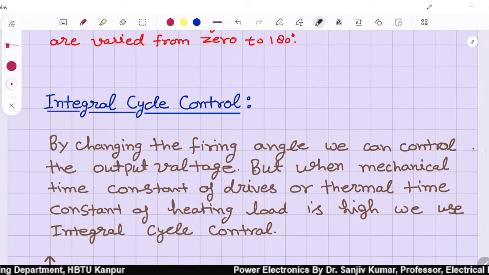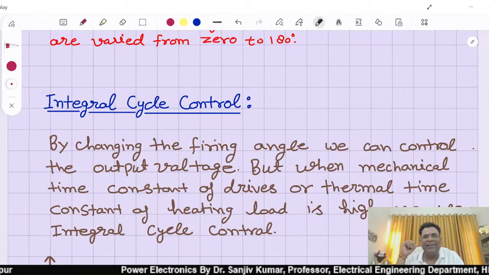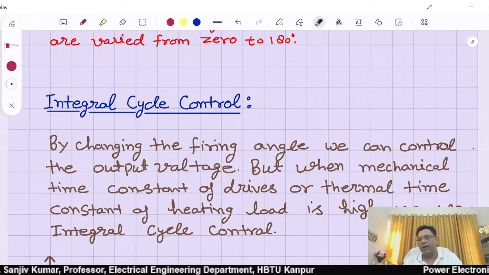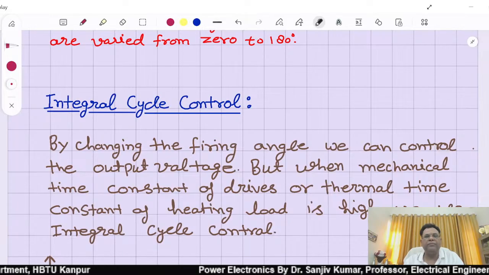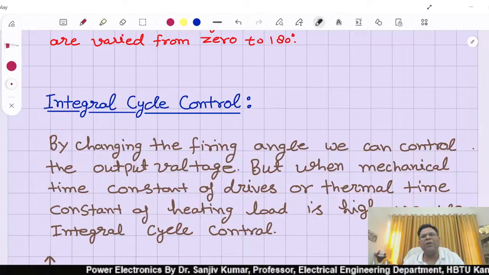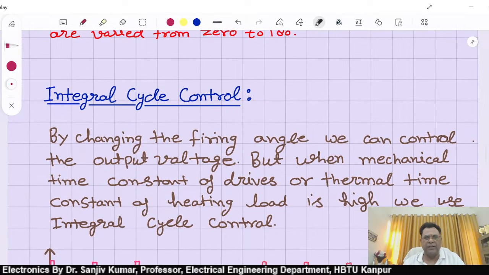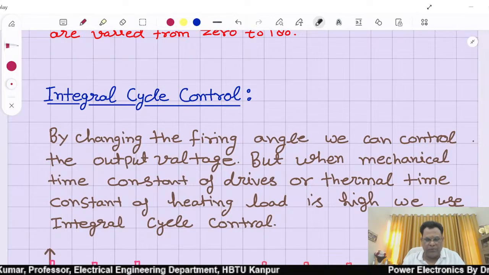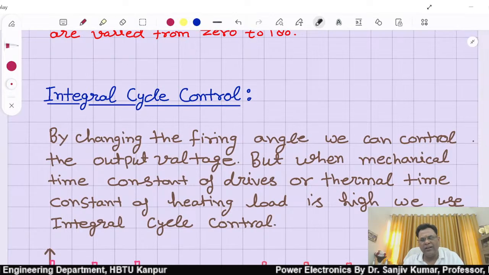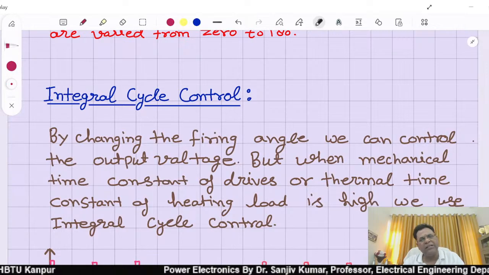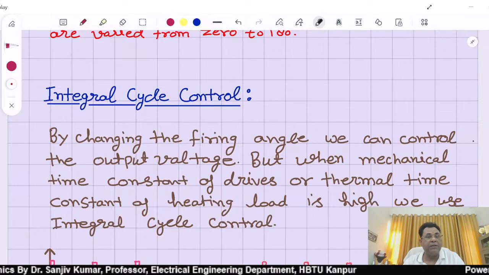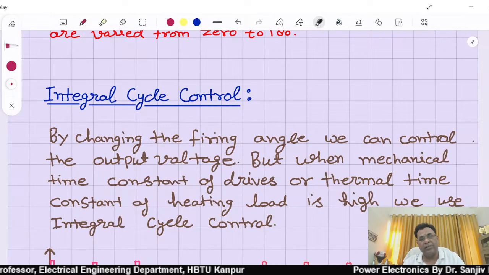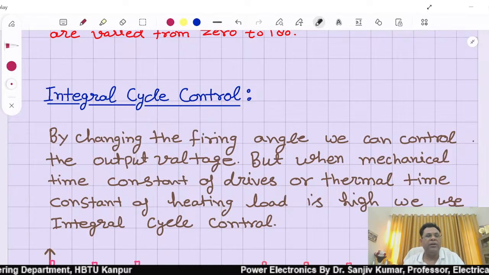See, what we are doing till now, to control the output voltage, we are changing the firing angle alpha, right? So when we change the firing angle, output voltage gets changed, right? But if the mechanical time constant or heating time constant for resistive type of load is quite high, do you think there will be a substantial change that can be measured by simply changing this firing angle? No. So where the mechanical time constant or heating time constant is quite high, we use